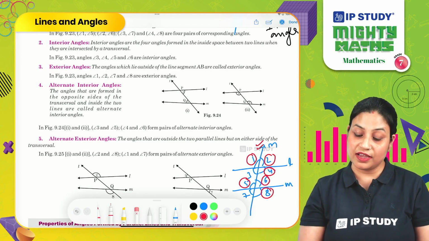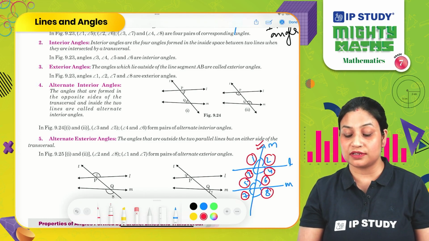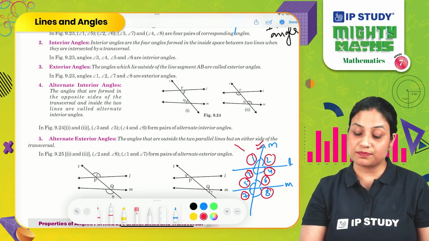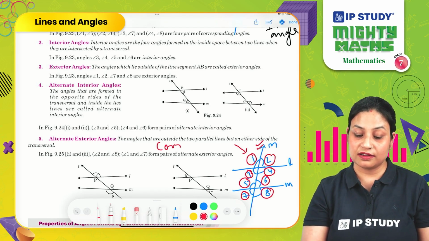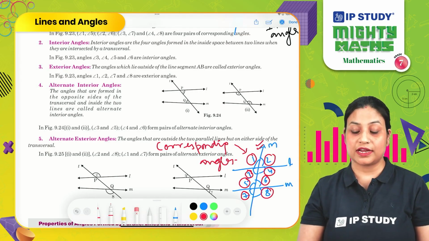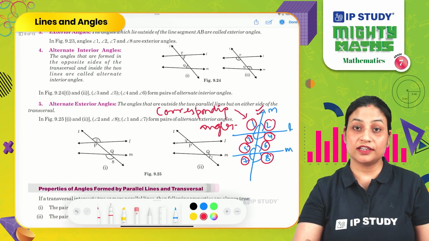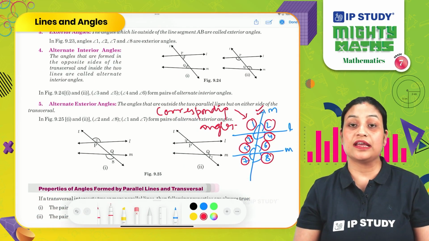In the same way, angle 3 and angle 7 are also on the same side of the transversal. So we call them corresponding angles. These are corresponding angles, right? Now let's move on and let's see what are the other angles that we can see whenever a parallel